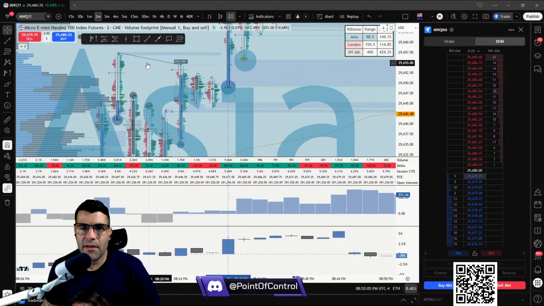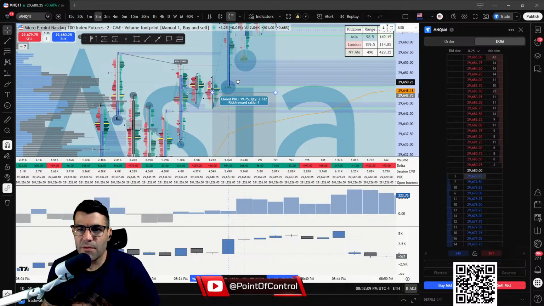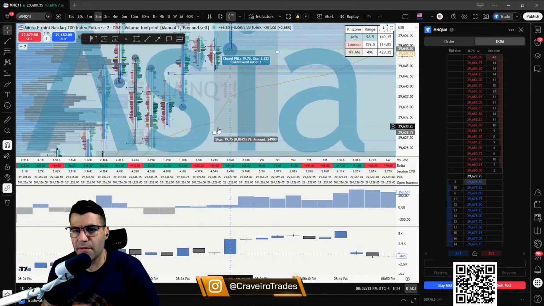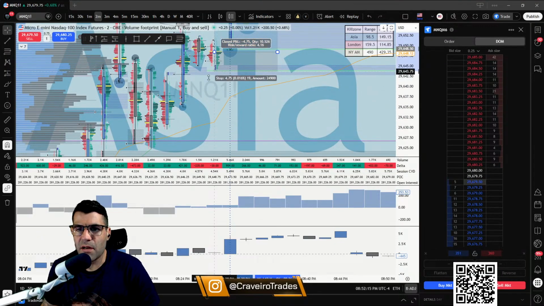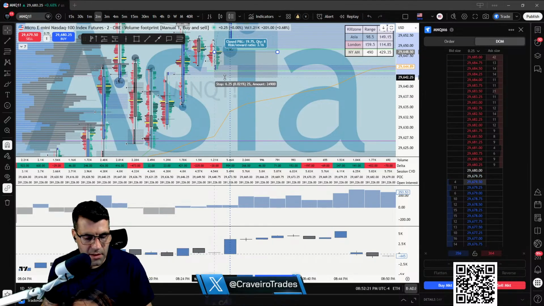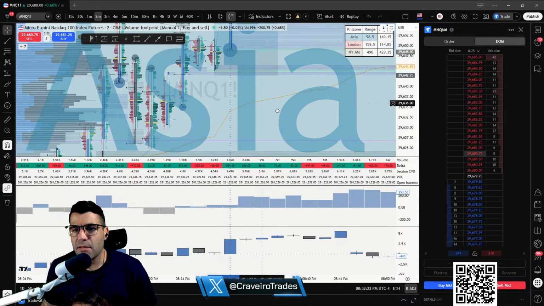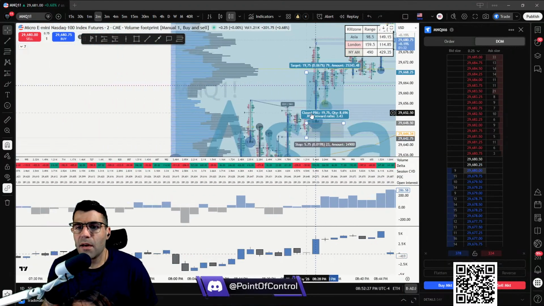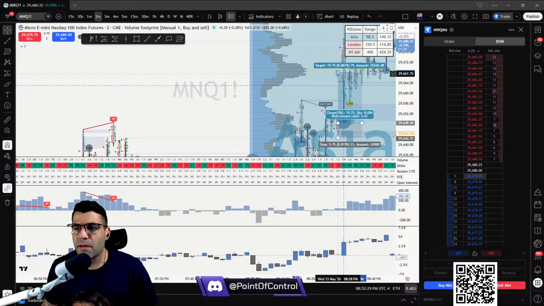Whatever helps you win. I would have been targeting a long from either in here, or if I'd seen this snap and pull back up, I might have entered there. I would have put my stop loss either below this candle or directly below these imbalances, only a 5.75 stop loss. And I probably would have been targeting